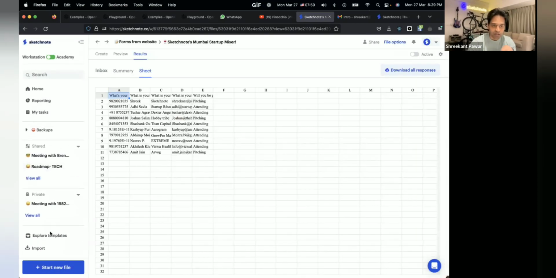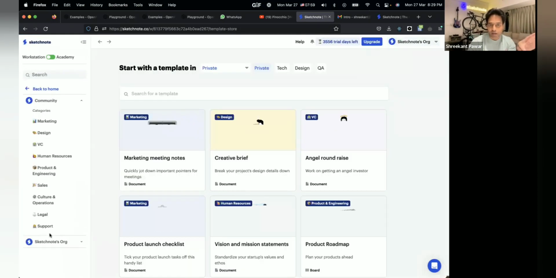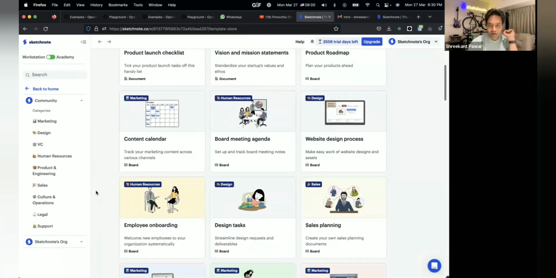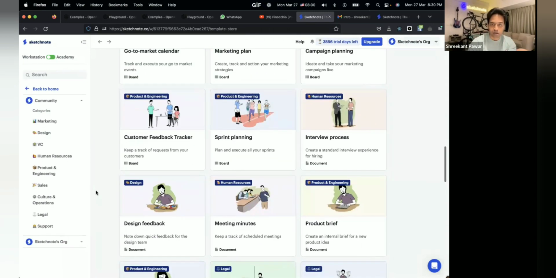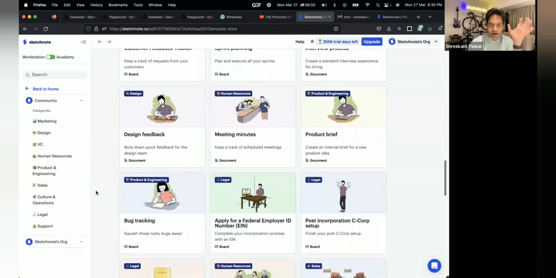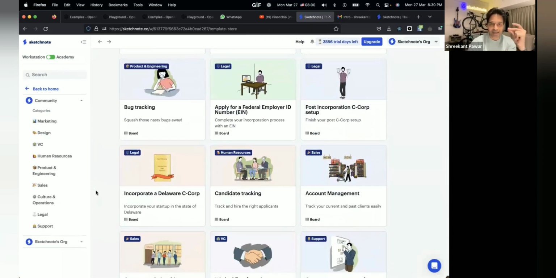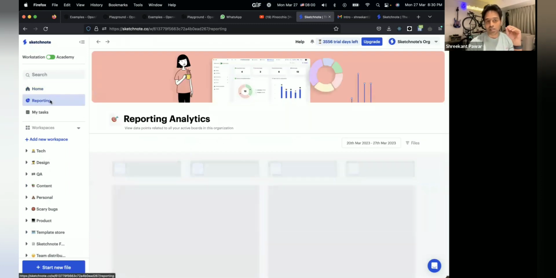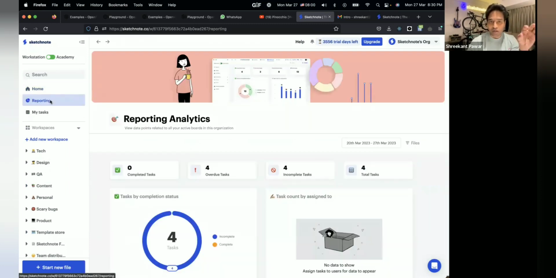Having said that, I forgot that we've got an extensive template store across document, Kanban, board, list, form. So you see that we've got more than 250 such templates in our template store. So you can just quickly get started with whatever you want across marketing, design, VC, human resources, and so on and so forth. And the reporting thing is a tab and a feature which is available only to the admins